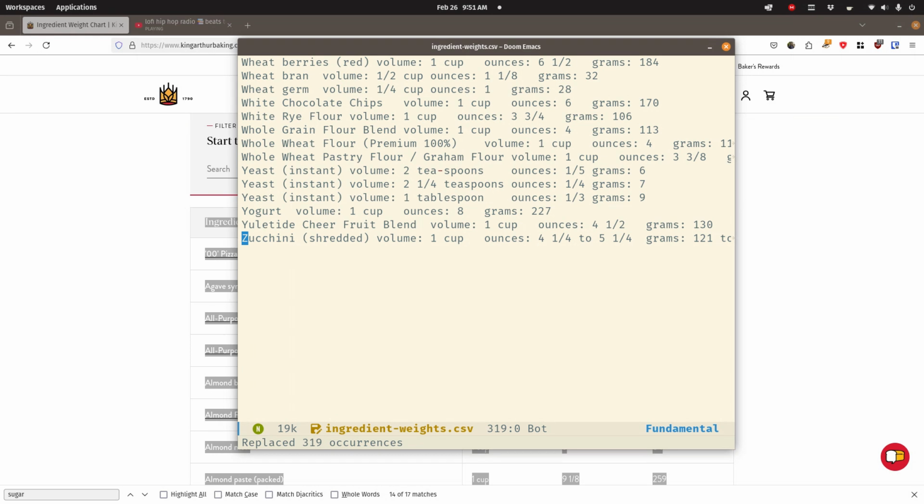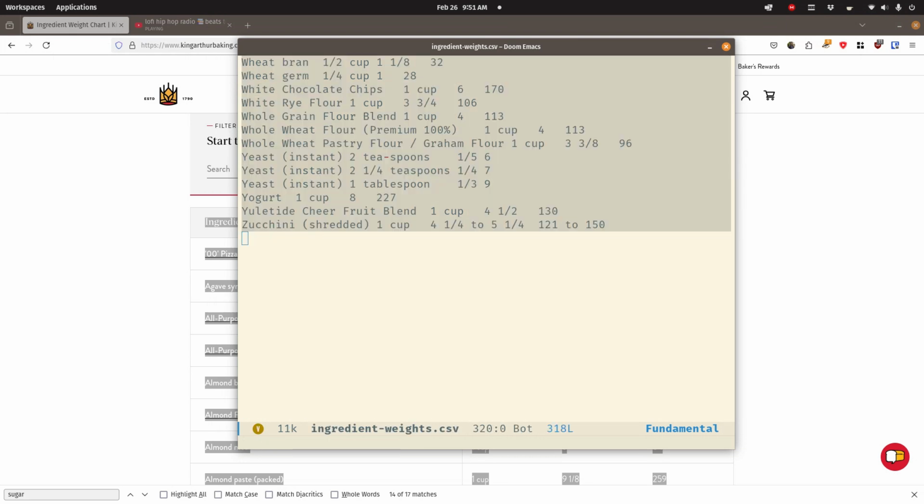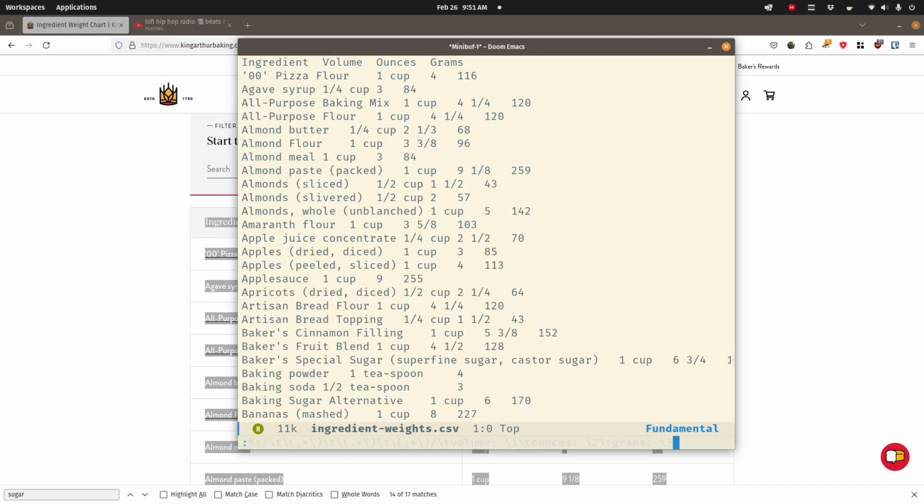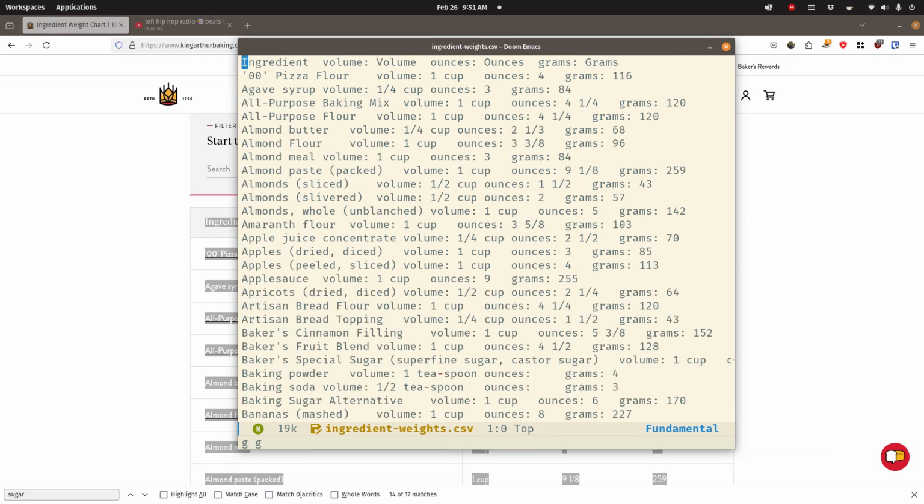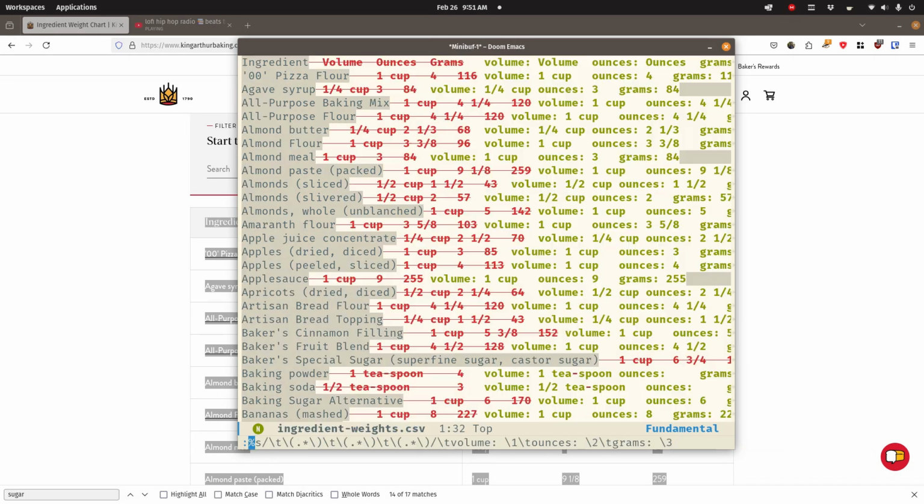I'm happy with this. I'm gonna undo it though and make one change. First of all, I'm gonna make that substitution. Let's also add a delimiter that separates the